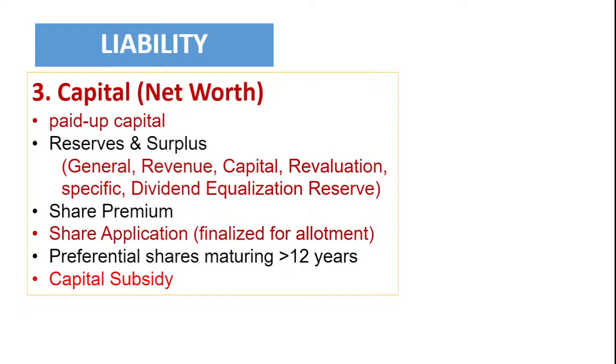So in many banks, they say that if the dues are there beyond 12 years, in that case you can treat that preference share as a part of the capital. So, friend, suppose you are giving a loan to a company for a period of 10 years, and the company has also issued preference shares to the shareholder, and the preference share is going to mature